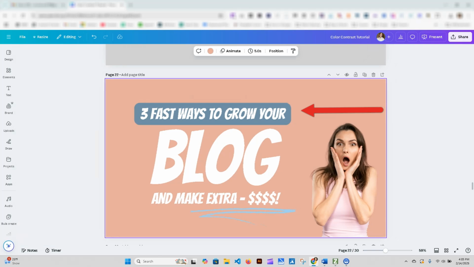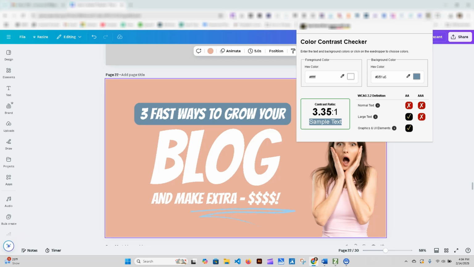So now let's open our extension again. Our foreground color is staying at white, so we'll just grab our little pen here, pinky color, and you can see we're at a 1.90:1 ratio. So again, let's click on our palette. You can kind of decide when you're working with your palette where you want to go. There we go. Hex code.